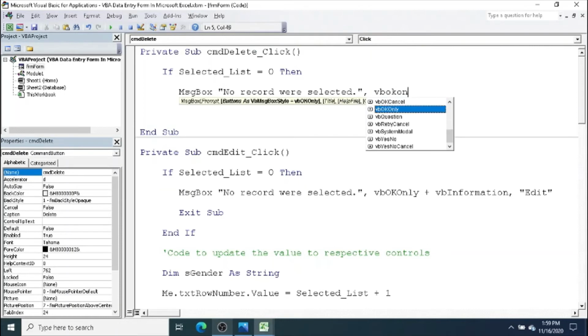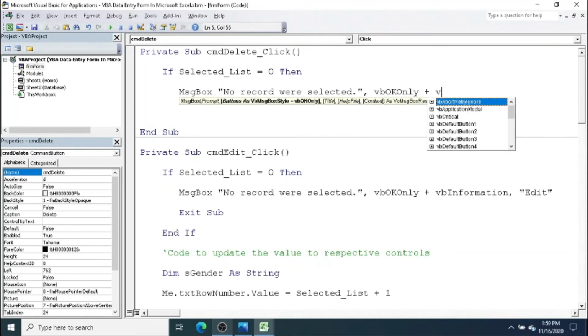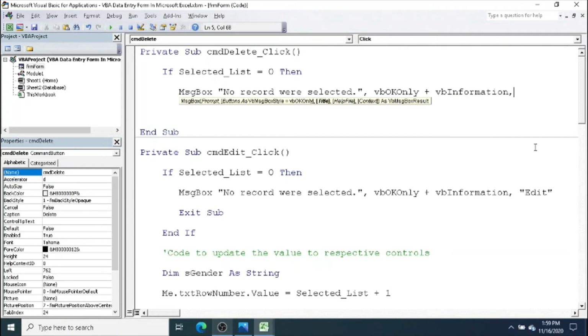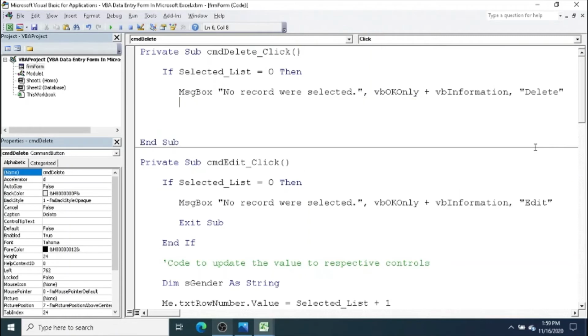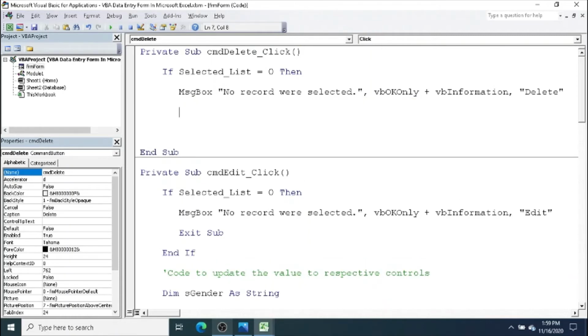Here, if you want to delete only some information but not the entire record, but you forgot to select data, then the pop-up message appears: no record were selected. That's why this is 0. Now exit sub,